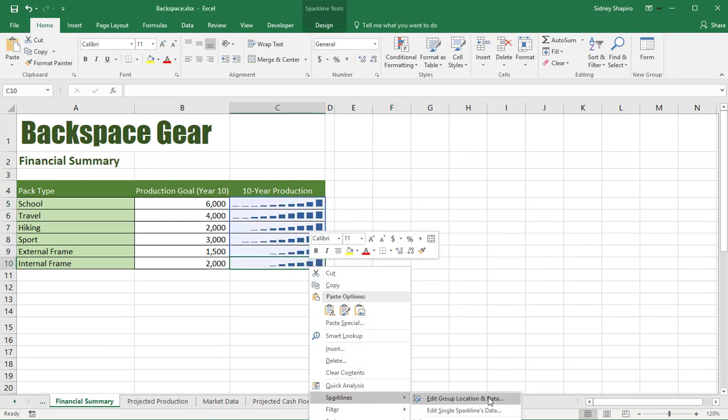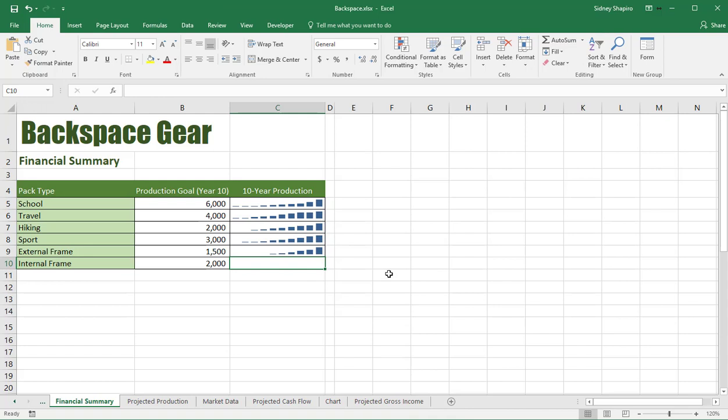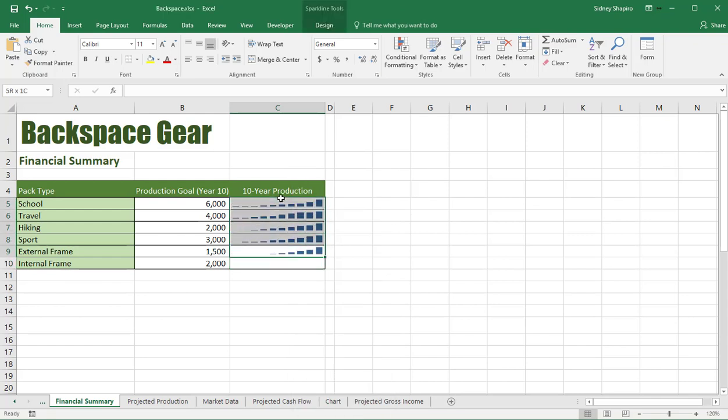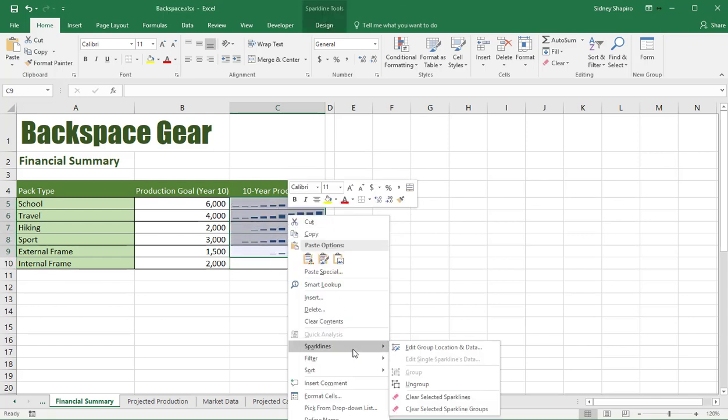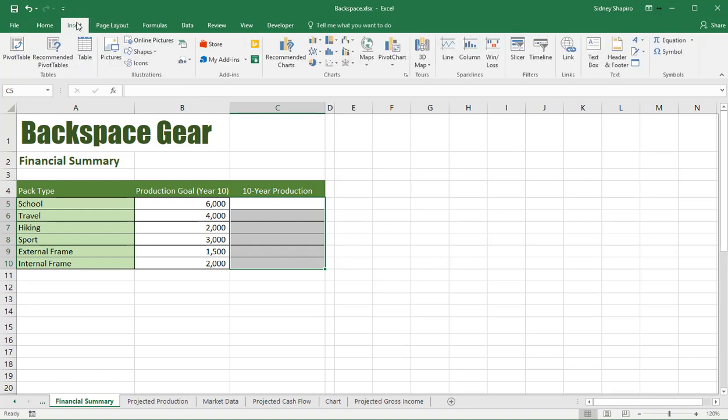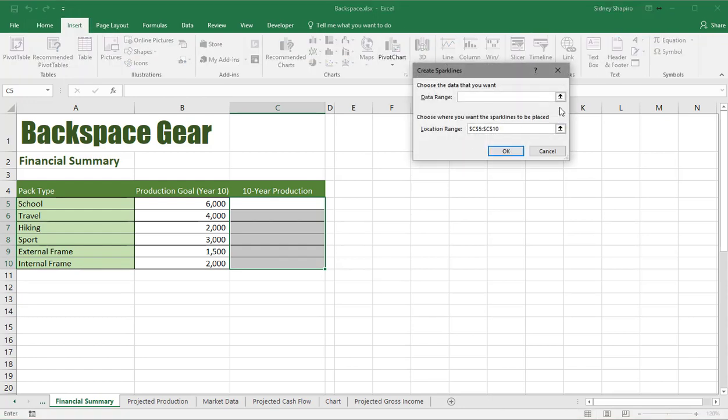And once we have sparklines, you could also go here and edit the group, edit a single one, ungroup them. Right now, because I selected all of them at one time, I put them together as a group. You could also clear them or clear all of them, right? Here I cleared one, and I could go into, oh, sorry about that. There we go. I could go in here, sparklines, and press clear the group, and delete them, right? So there's a lot of different options on how we could put sparklines in,